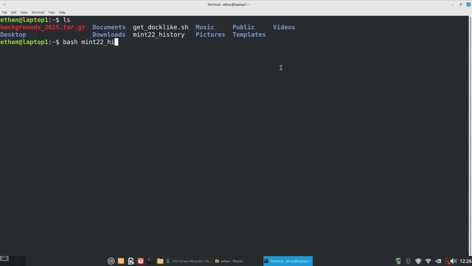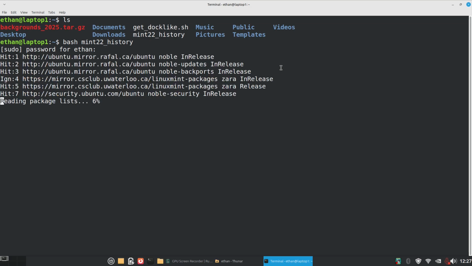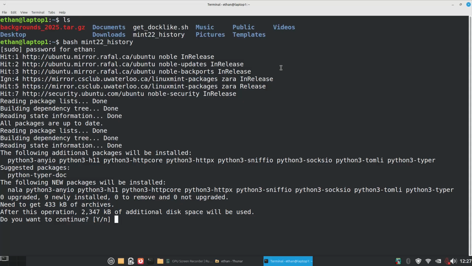22_history. Oops. History. And then press enter. It'll ask you for the password. This laptop's for my son, by the way, so that's why it says password for Ethan. So the password. Hit enter. So now that's the sudo apt update, and then